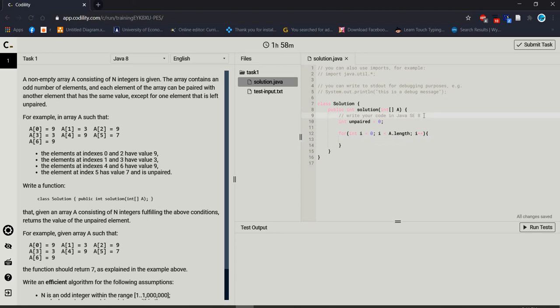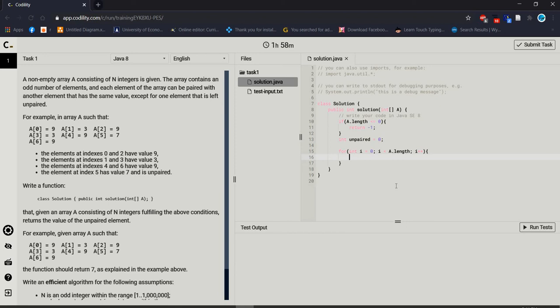Before this we should check whether the array is empty or not, because it's important. Then return -1.